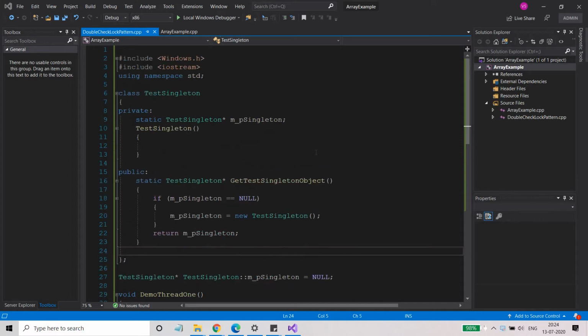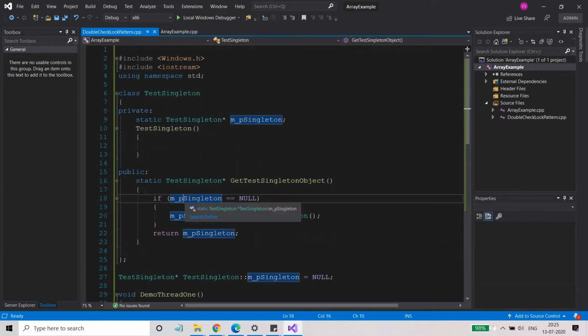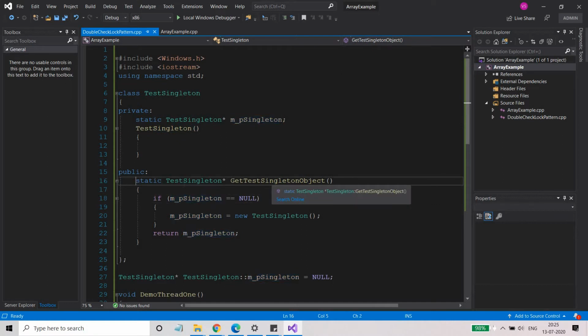Okay, so the singleton design pattern I will discuss today, which is the simplest one. And I hope you are aware of this design pattern, and you might have used it as well. In this design pattern, only one object of a class will be created. Throughout the life of the program, only one object of this particular class will be created, and for that we add a private constructor, and then we add a public static method that will be returning the singleton object.